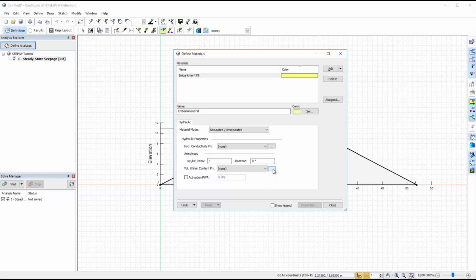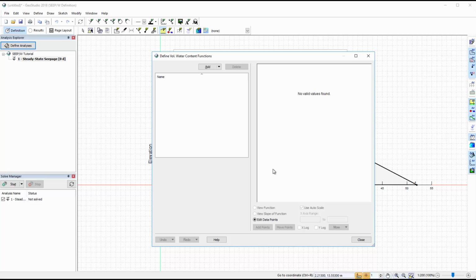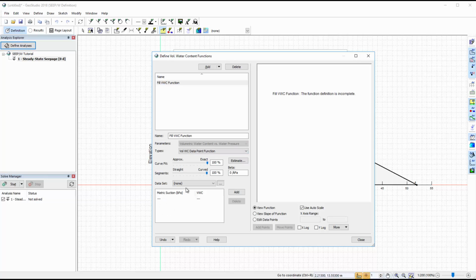Clicking on the ellipses button beside the volumetric water content function opens the function definition window. In GeoStudio, the ellipses button typically indicates that additional features are available. In the function definition window, we will add a volumetric water content function, give it a name, and select the volumetric water content data point function type.